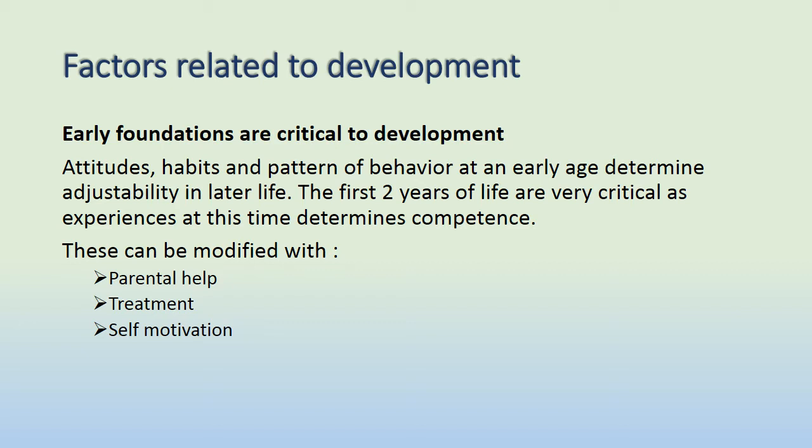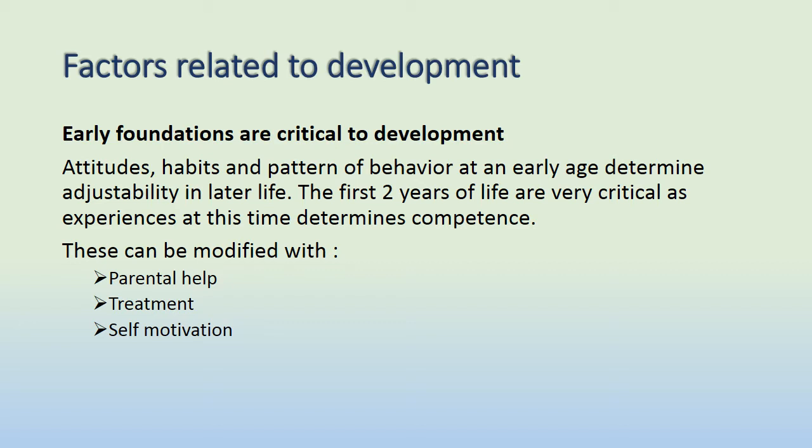So the first factor is early foundations are critical to development. Attitudes, habits and patterns of behavior at an early age determine adjustability in later life. The first 2 years of life are very critical, as experiences at this time determine the competence of an individual. So why is it important to understand? Because if we understand the growth process and the development process at this particular time,